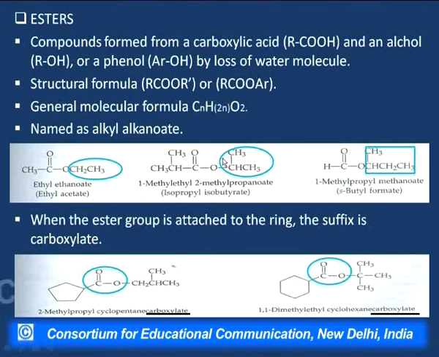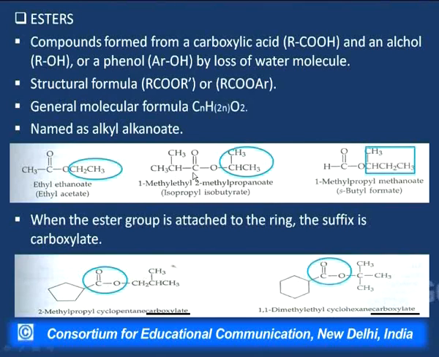So now here the name is 1-methyl, because it is attached to the first carbon of the ethyl group. It is 1-methyl ethyl. Is it okay? And then at the second carbon, we have this methyl group. So we write it as 2-methyl propanoate because the main carbon chain has 3 carbons in it. So the name becomes